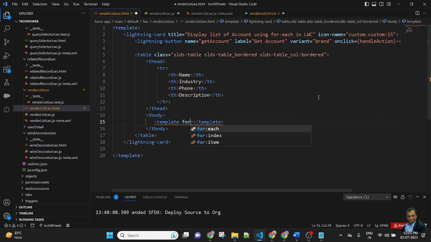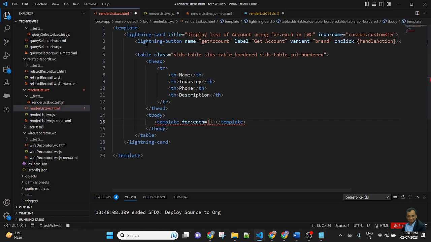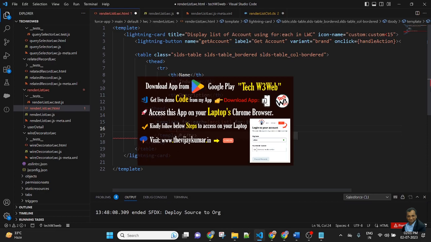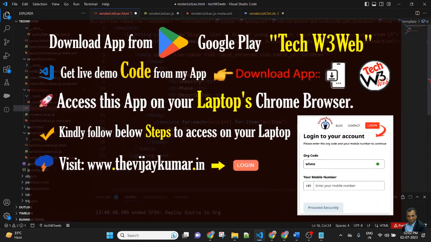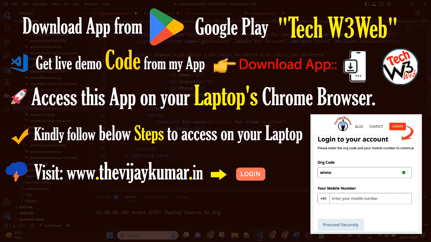Template for each, pass this list of track, the account list, for item, account item, and in the template I will create a tr, table row. There is a key. So here we'll pass the key, account item dot id.